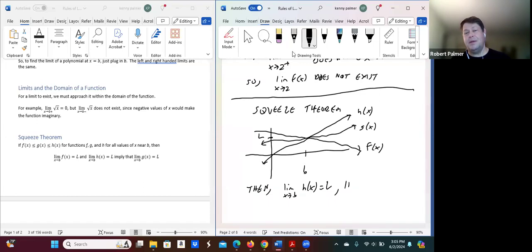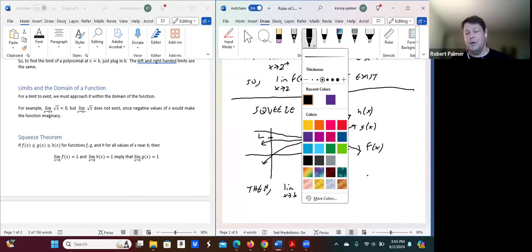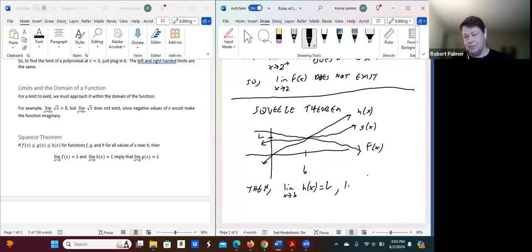And also the limit as x goes to b of the lower function f of x is also equal to L. Same point. Okay. Then since,